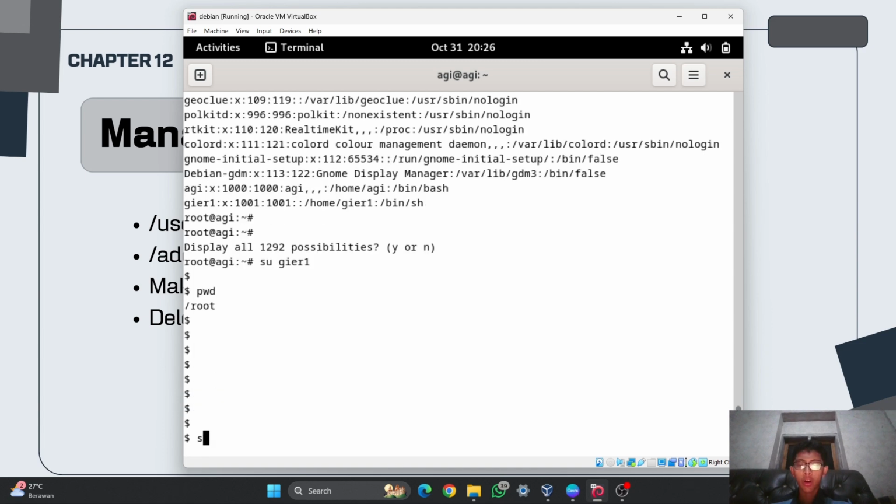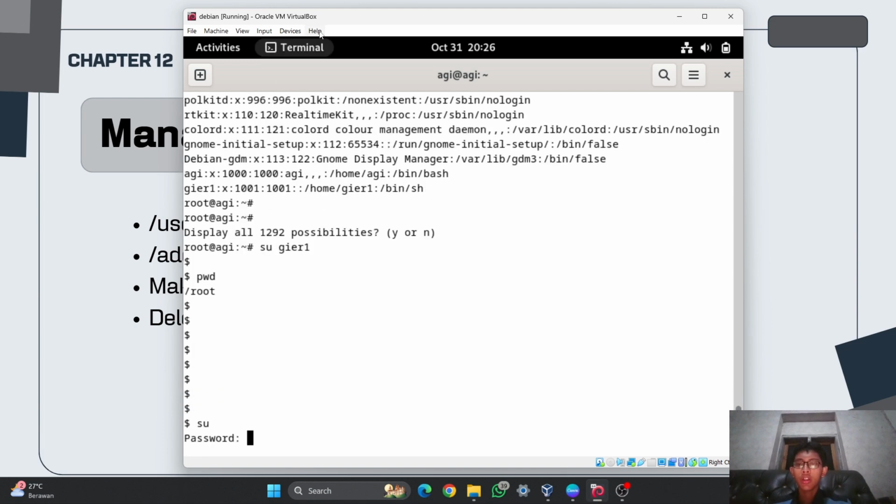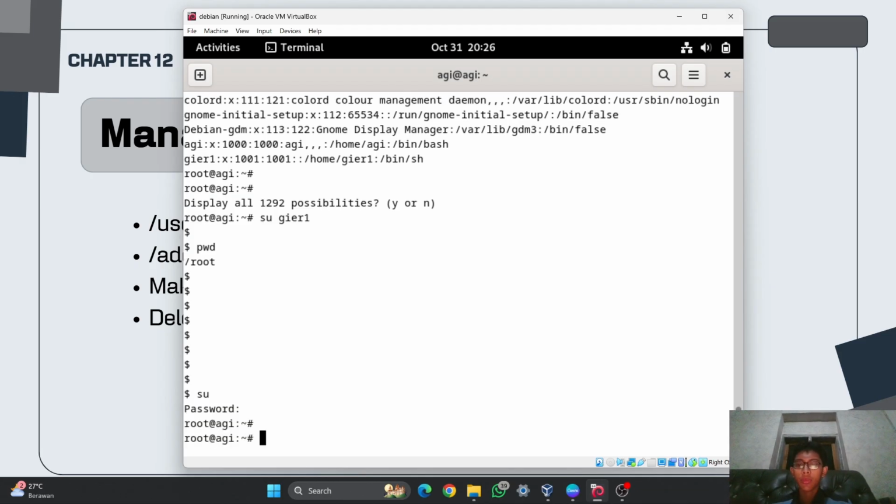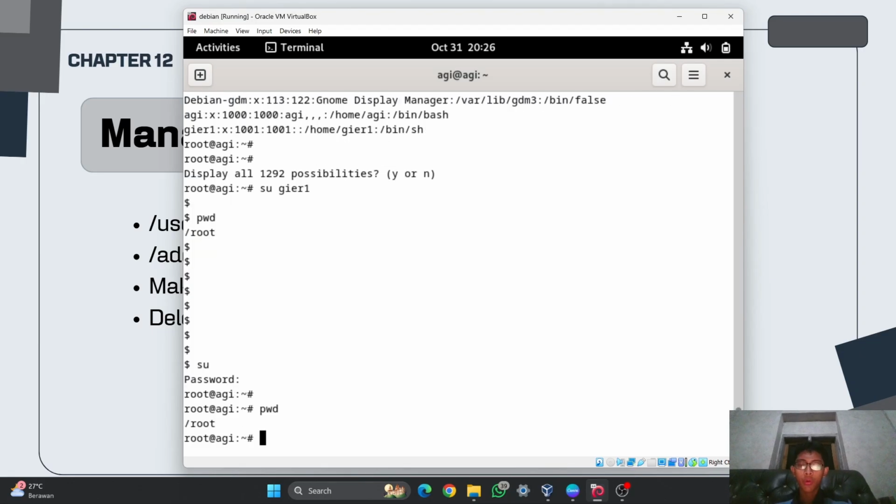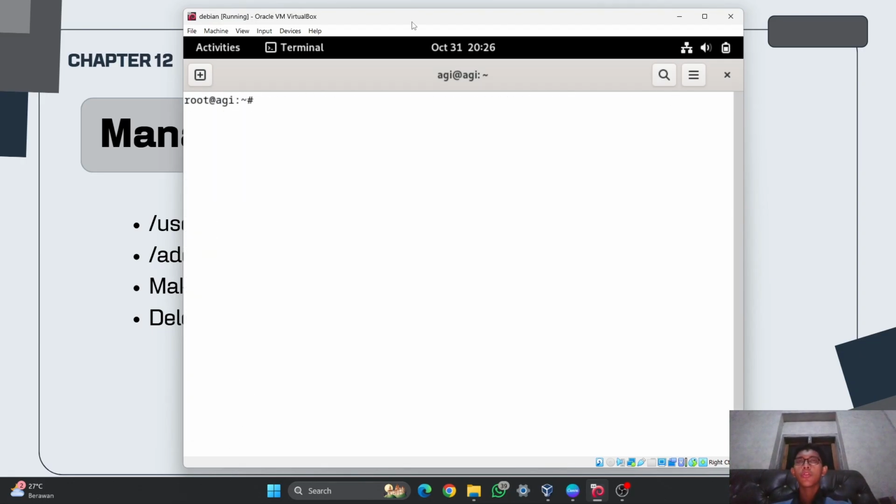And in here I will log in into the root again, and don't forget the password, and I will clear it. So if you want to make the user with the home directory, and also the password and so on, you have to use, oh yeah, I forget to tell you something.